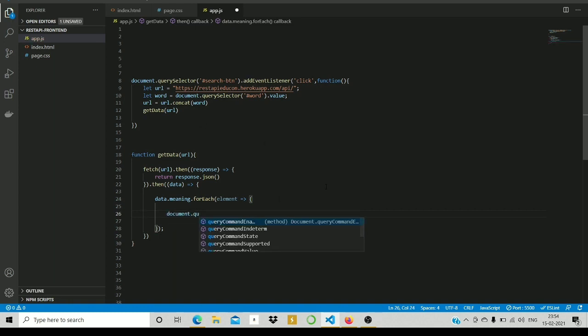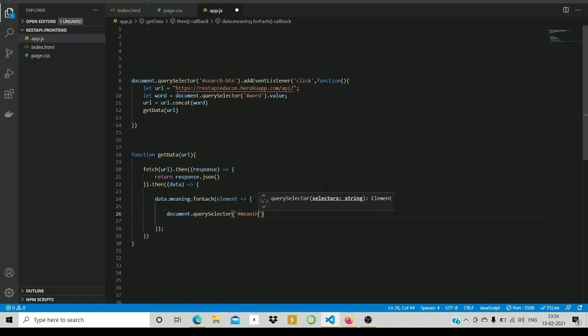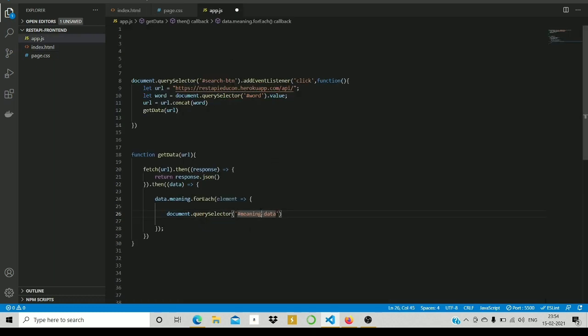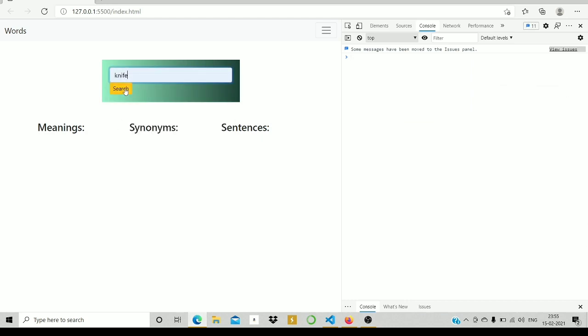Inside this we need to write document.querySelector, and inside this I will write meanings data, it was meanings data, this meanings data, and meaningsData.innerHTML. I will just do this thing. This is nothing but the append. So I will write element, and inside this I need to pass dollar, and now I need to pass element. If I pass knife,